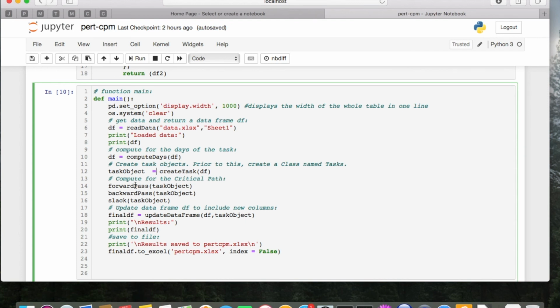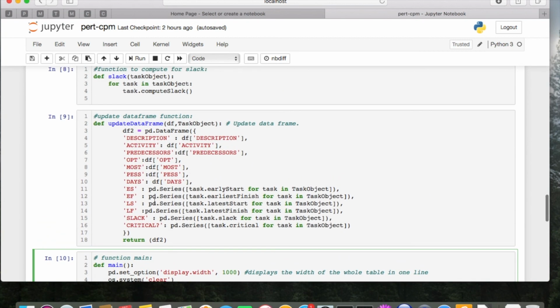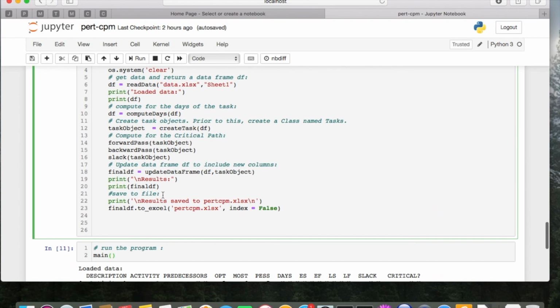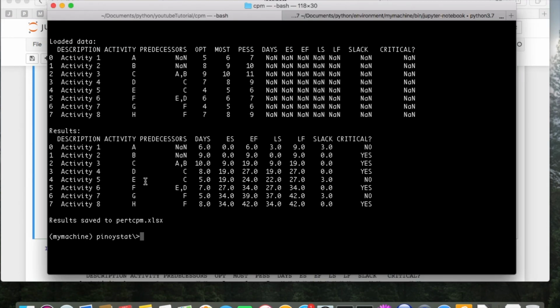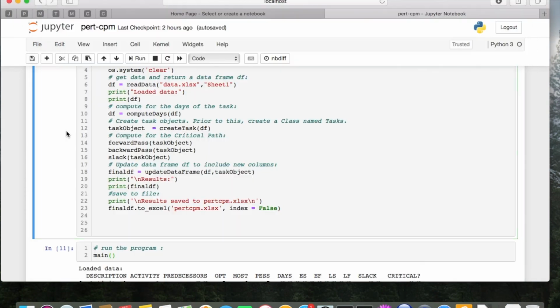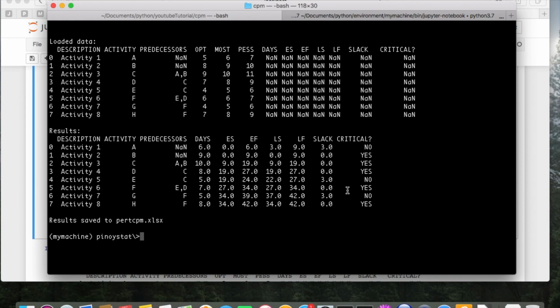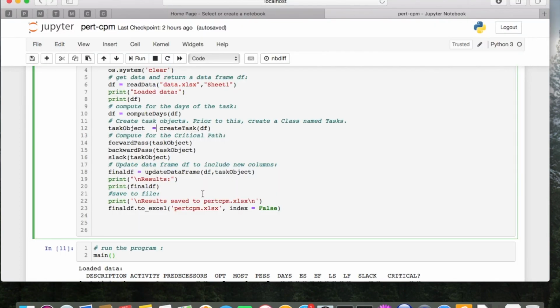It doesn't return anything because the forward pass will compute and put inside the task object list the values. Then we make the backward pass. Afterward, we compute the slack. After that, we need to update the data frame using this function. We call this function again, and then print the results here, on one line, and then we print the final data frame. This is the final data frame with the values. Okay, and